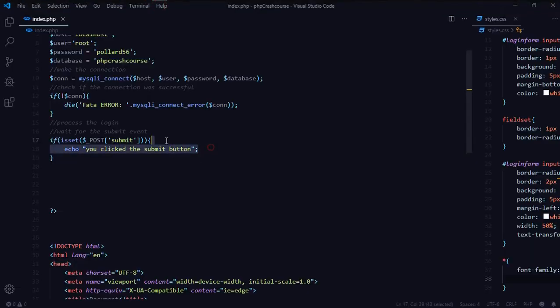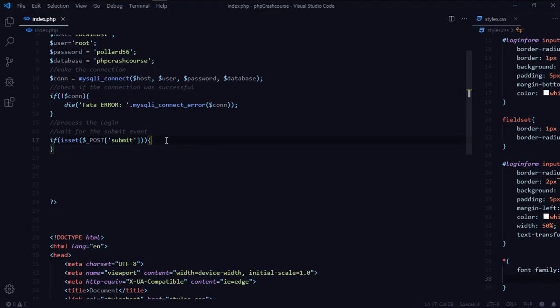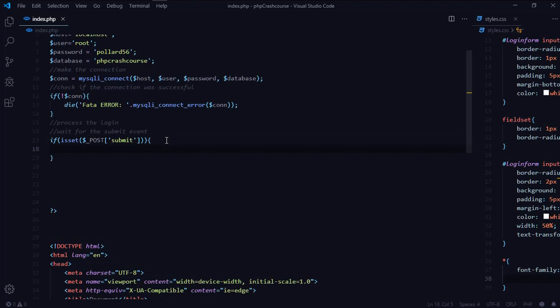Again, I'm going to load that page. Then I'm going to click the submit button. So are you ready to process the form data? Okay, now what we're going to do, after the button has been clicked, as a validation, the front-end validation, you'll